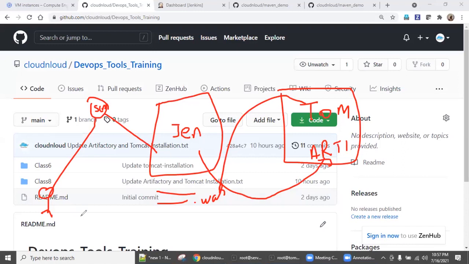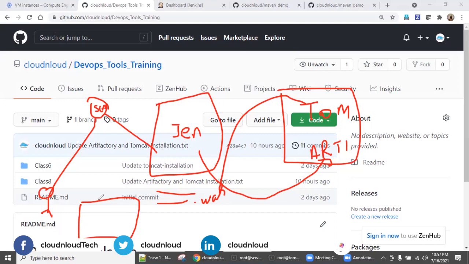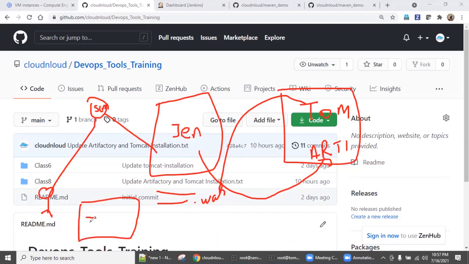Now, the client wants to be notified of each and every action in a collaboration tool. The collaboration team is also sitting somewhere, say slack.com. The client prefers to go with slack.com. There are a lot of channels, for example channel 1, and the support team is also monitoring it, the L1 team, L2 team, even managers, everybody is getting notifications. So how does this channel get these messages from the Jenkins pipeline, whenever the build starts, build success, even failure? All these messages should come here.